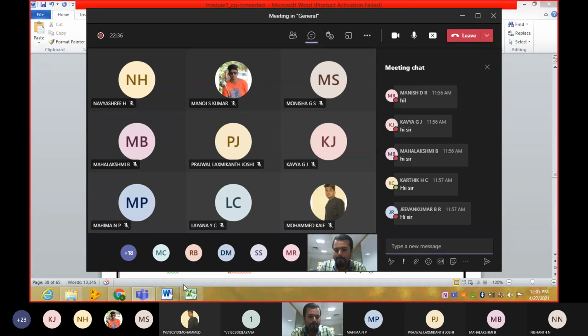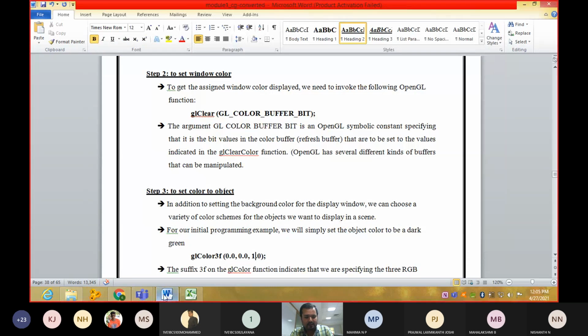Now here, wait, I will tell you. This first one is R, this one is G, and this one is B. Whichever bit I'm going to set as 1, I'm going to get that color. Red, sir, red. Now here, if you see, I have set red to 0, green to 0. I have set this bit to 1. Now I will be getting the output in which color? Blue. This is blue, guys.